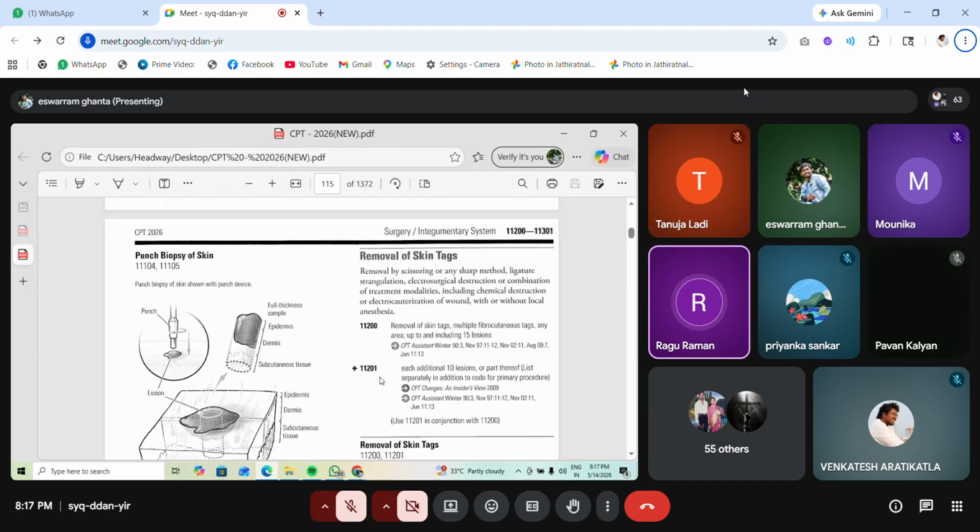You're saying multiplying means 11201 into 2 units, 3 units like that. Yes, that is the only correct way. Even in examinations, we only get those types of options. For example, 35 lesions or 40 lesions, if there are 30 lesions,